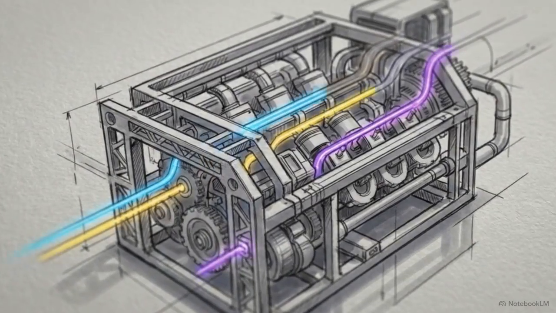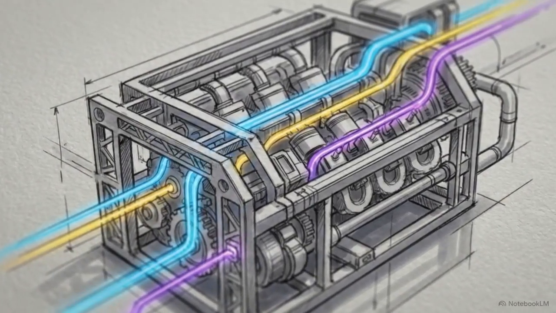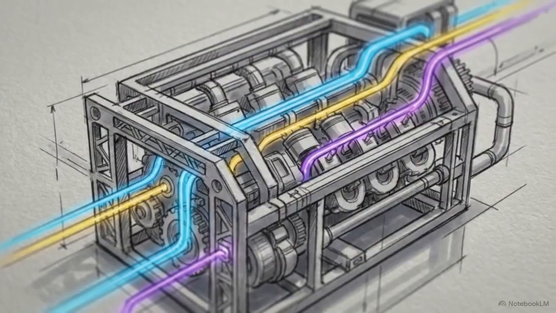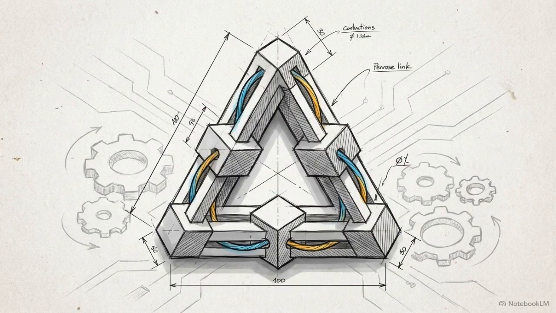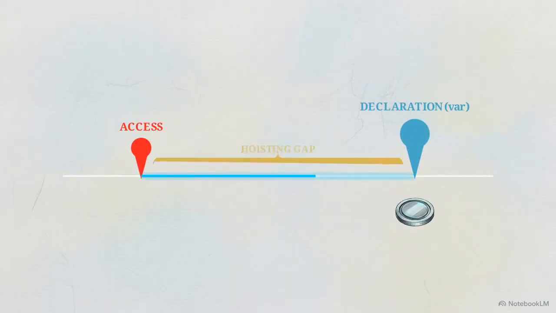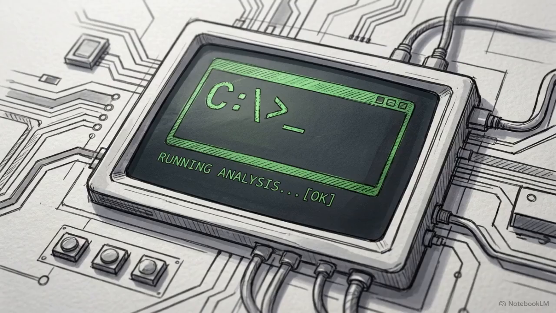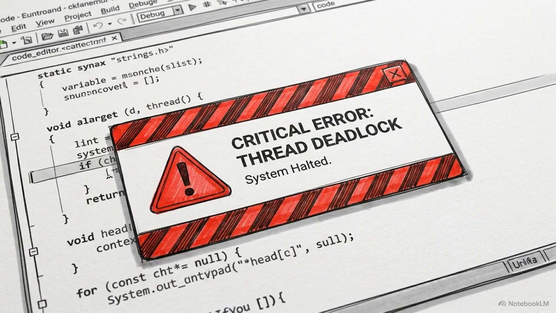Underneath every line of JavaScript you write, a silent machinery is rapidly processing raw text into complex memory structures. This machinery operates with rules that can appear entirely contradictory. If you access a variable created with the var keyword before its declaration line, the engine doesn't crash. It quietly hands you an undefined value. Attempting that same operation with a variable declared using let causes the engine to throw a fatal reference error and